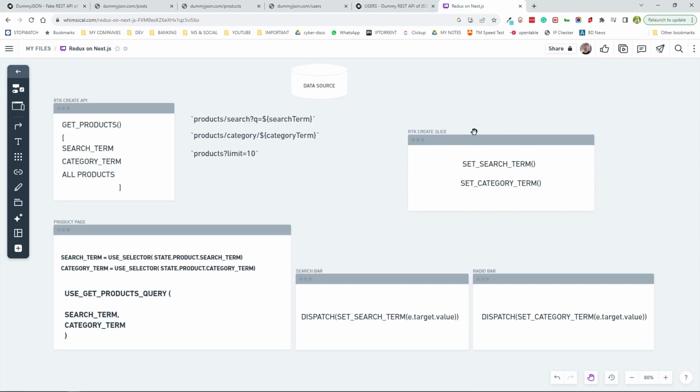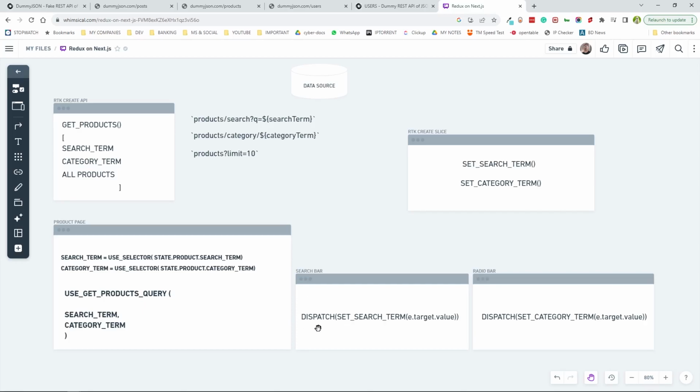This is where you're going to have the set search term or set category term. The search term and the category term are going to be the state, as you can see here. So this is where we're going to have those functions. In this case, we get to write these functions, and through this file we will make these functions available in the store, and from the store, according to necessity, in the search bar or the radio bar, there will be